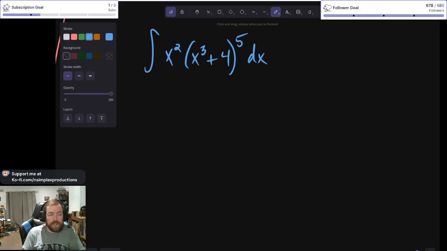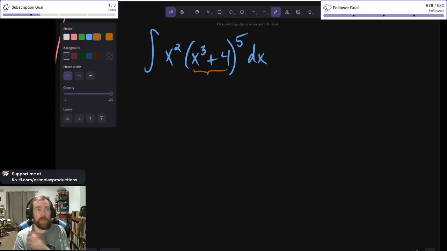The other is far more interesting and far more useful, and that is that you should note that this is a compound function,